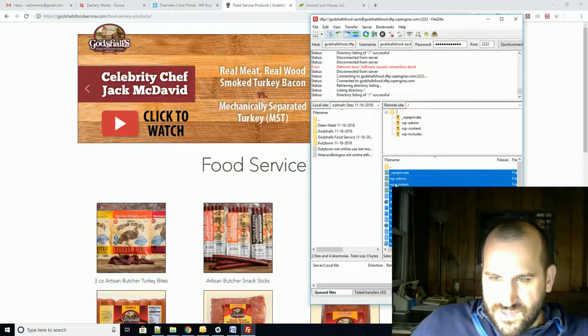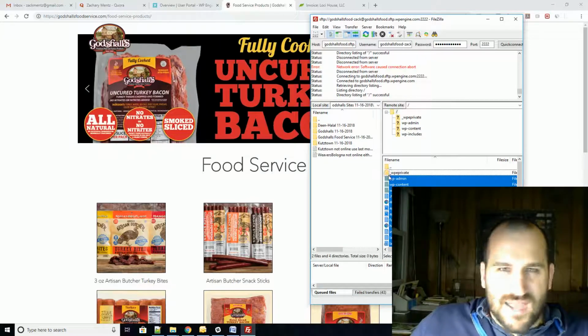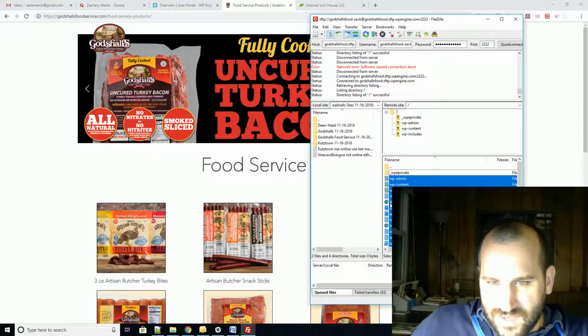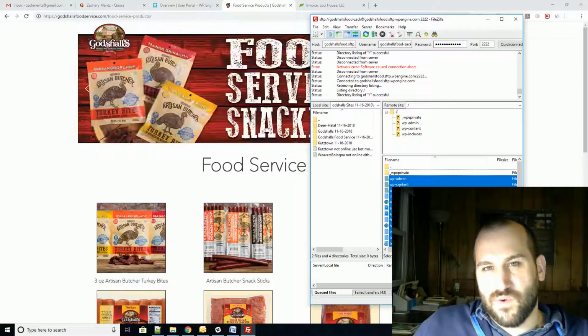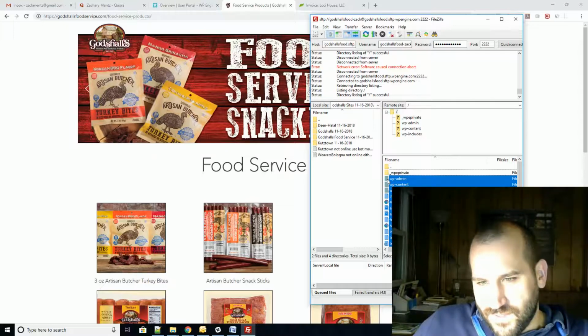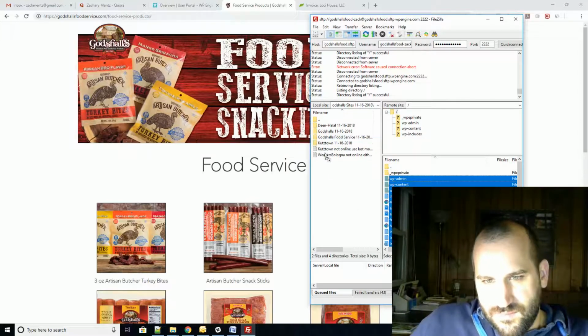I just hit Control A. I don't need this WP private. You can download it. There's no problem. I just know I don't need it because that's like a folder that comes with the host. It's not actually WordPress specific. You don't need to know that. Download everything if you're unsure. But here's all the files, and I'm just going to click and drag them to my local machine